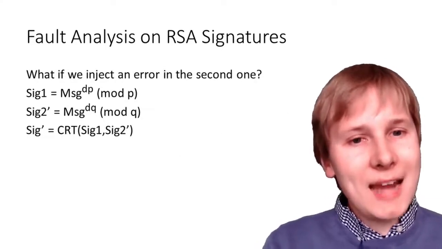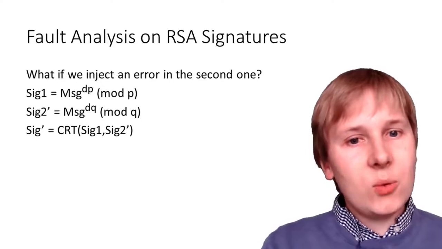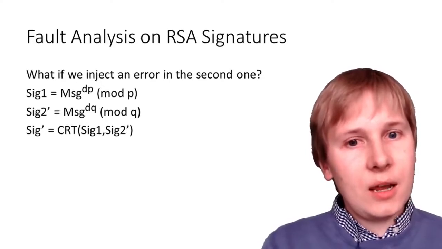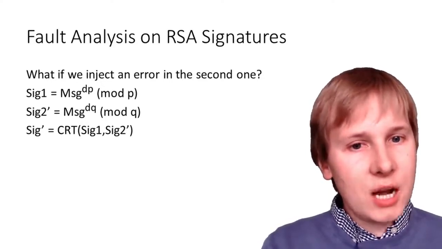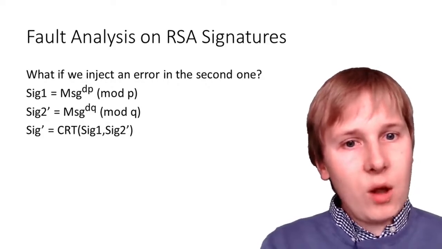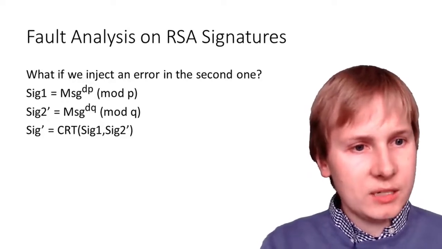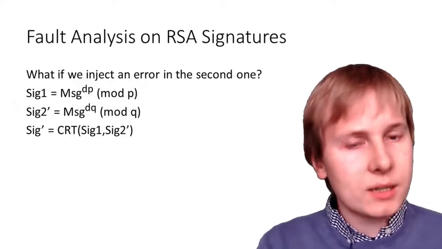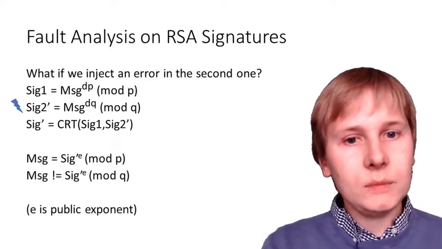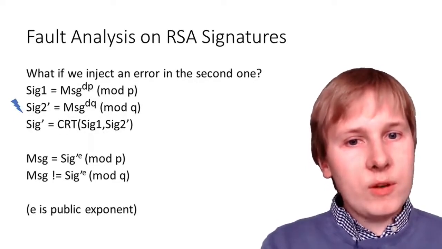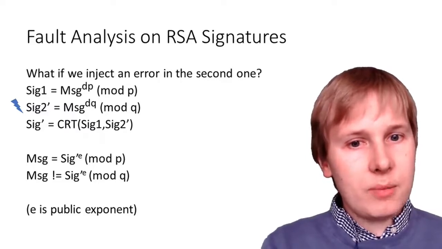What if we inject an error in the second one? So then we've got our new signature is the Chinese remainder theorem of one thing that is correct mod P and one thing that is wrong mod Q. So sig1, which is correct, and sig2 dash, which is not quite sig2, it's broken in some way. So when we've combined those to validate our message